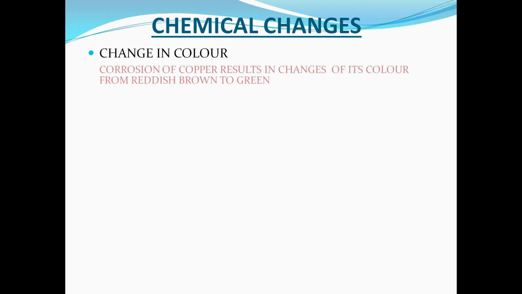Now let us discuss the physical changes associated with the chemical reaction. Change in color. A chemical reaction may be associated with a change in color. For example, in corrosion of copper, the color changes from reddish brown, that is the color of copper, to green, that is the color of cuprous hydroxide. Next,